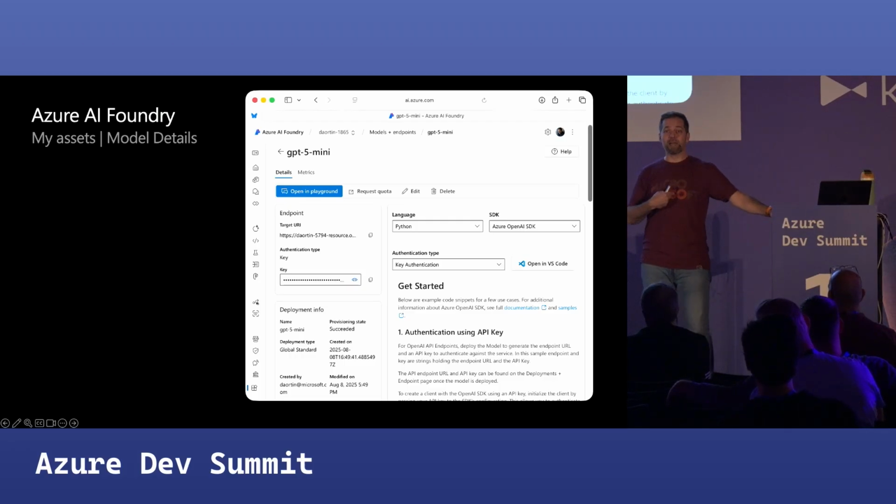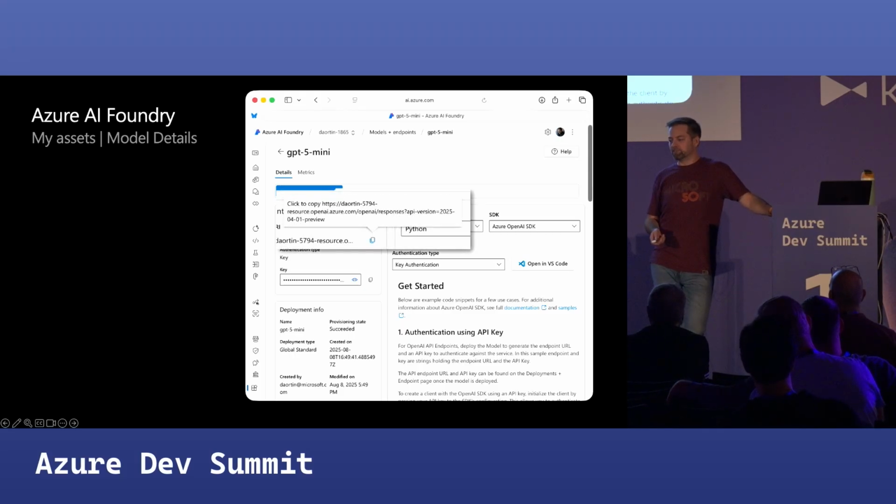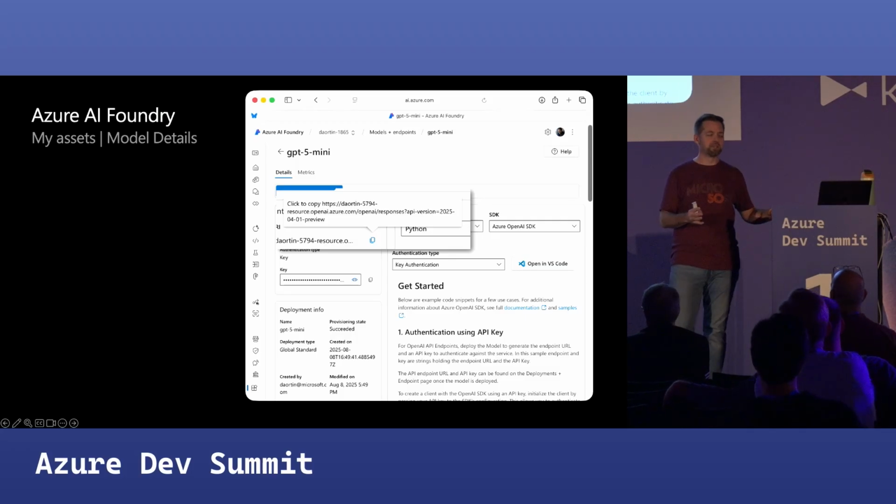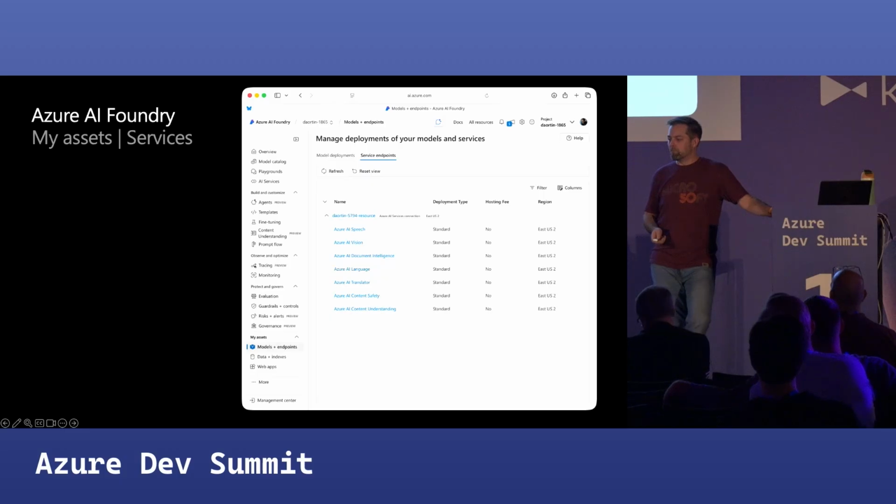Now, I need to know from my app how to connect to that thing, right? So I'm going to need an endpoint, and I'm going to need an API key. The thing is, you get this as your endpoint from here, and I guess this works with something, but it doesn't work with most client applications, because they put a bunch of extra information on the end of the URI that you don't need. So all the OpenAI responses, everything from that point on, you don't need any of that in the local application. That's going to be handled by the client that you're using. So it's actually a little bit easier to find that information from somewhere else.